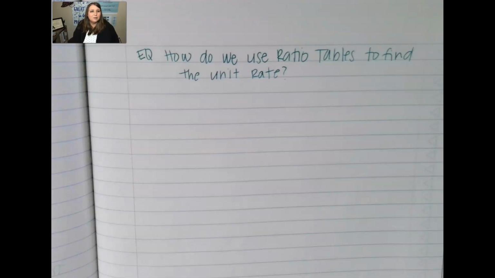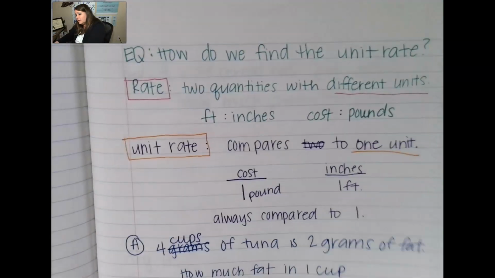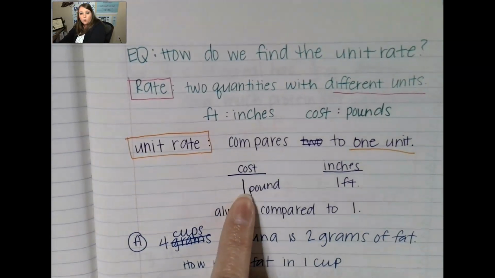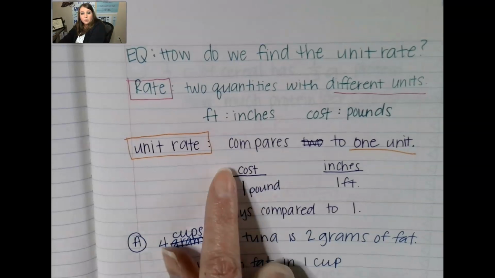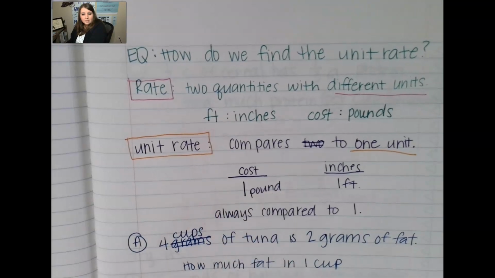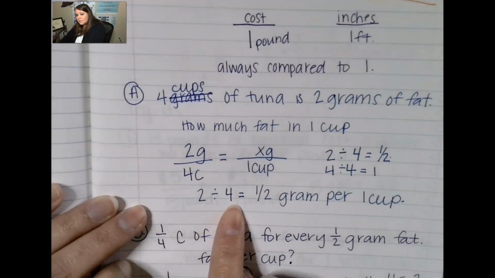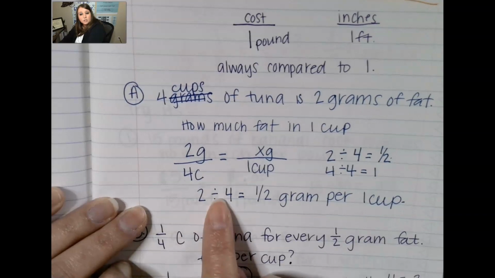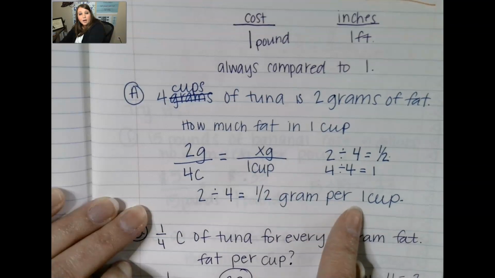Hi everyone, today we will be discussing how we use ratio tables to find the unit rate. So in yesterday's lesson we saw that a unit rate always ends with a 1 on the bottom of the ratio. So we're comparing something to 1 and then whatever the rate is. We also saw that when we solve problems, all we are doing is dividing. So the top of the ratio divided by the bottom of the ratio gives us per cup or